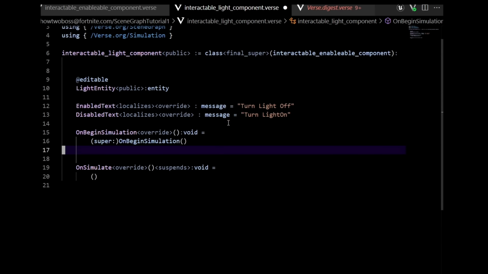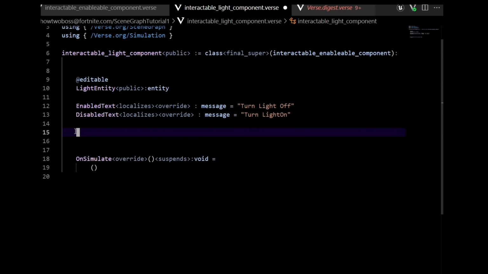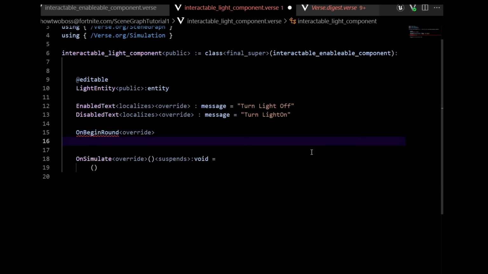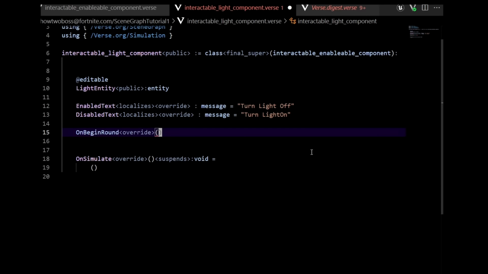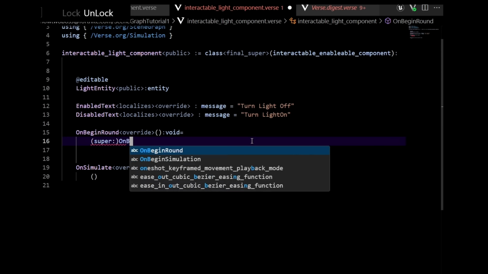Alright, so the next step is that I'm just going to get rid of onBegin simulation because we don't actually need it, and I'm going to grab our older function we had, which would be onBegin round. So we do onBegin round, and then we also want to override it because we were using it, and we're just going to override the functionality of it, make something new with it. We want a void is equal to, and then in here we want to make a super onBegin